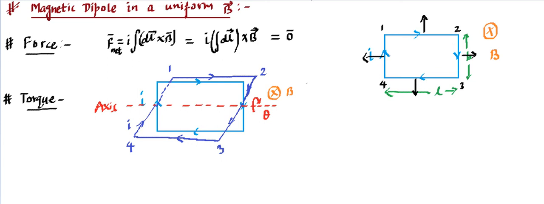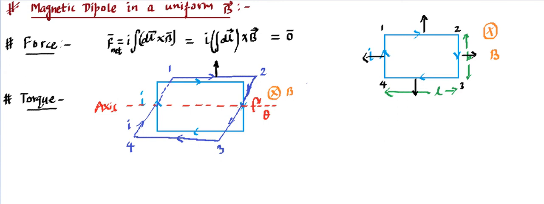So you'll find the direction of force in the 1 to 2 branch is going to be still in the vertically up direction. So even though you bend it by a certain amount, the force will be acting in the vertically up direction. This vertically up force follows the rule of IDL cross B, and it's going to be perpendicular to the wire as well as perpendicular to the magnetic field. So this is a 90-degree angle you can think of.